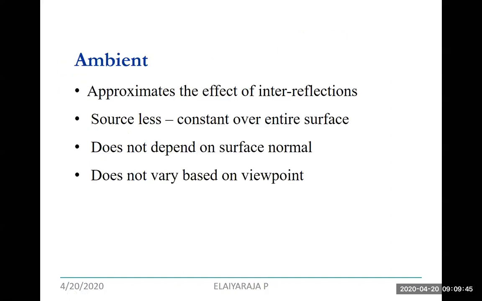First, about ambient. It approximates the effect of interreflections. The ambient light, suppose the light rays hit the environment. For example, if you take a room, the light rays come and enter the room, where you can see all over the room.